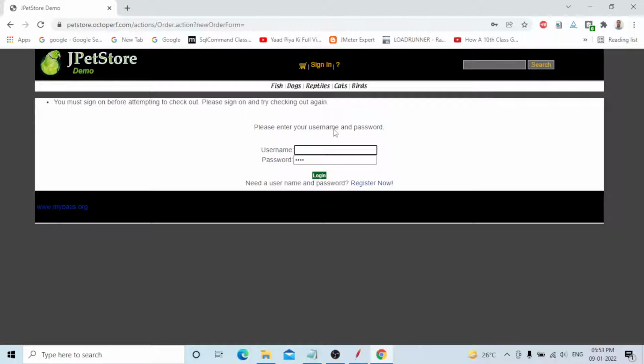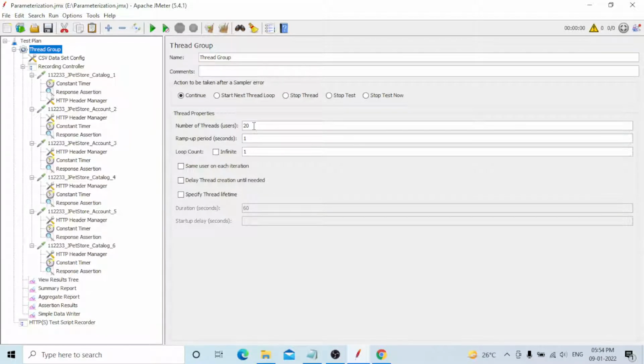This is the script. What are the things I will add? This is the test plan. I will select the option to run thread groups consecutively after shutdown of the main thread, then the thread group. Now I need to set the user load to a total of 20. For the ramp-up, I will give 10. Ten seconds means every 2 seconds one user will perform the operations. The testing will work that way.